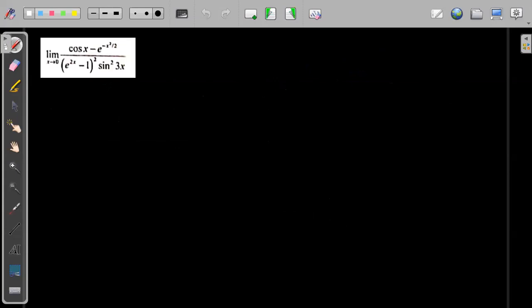Now if you use L'Hopital's rule for this one, it will get really messy. It will really get messy if you use L'Hopital's rule for this one. Children, at the end, if you are not able to understand anything, see,